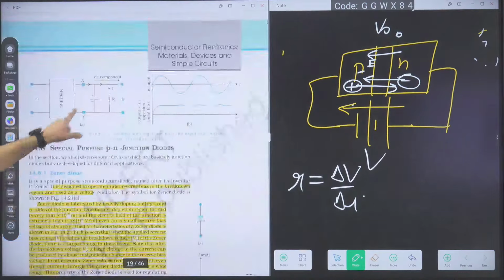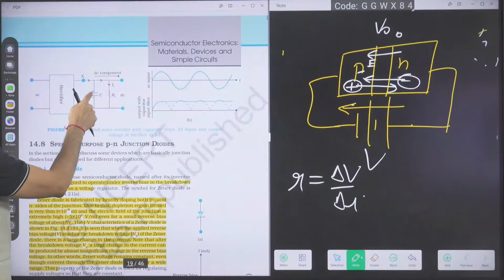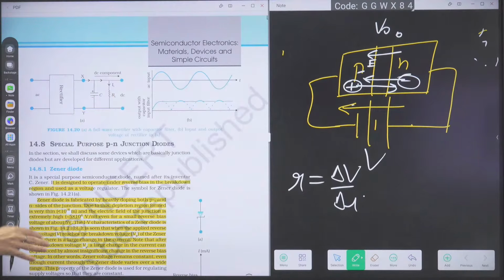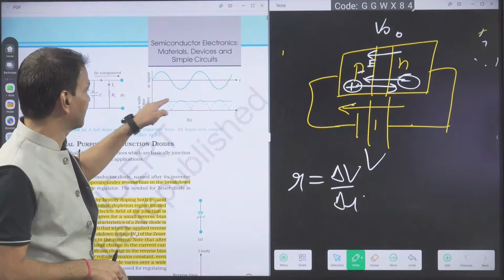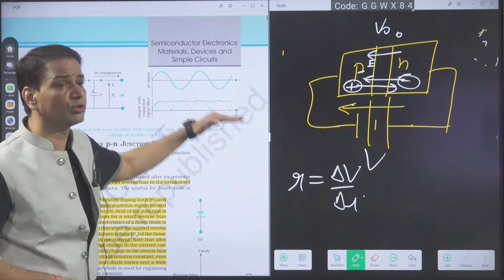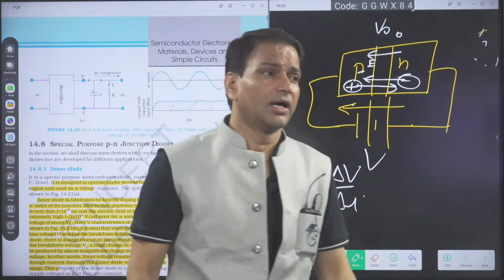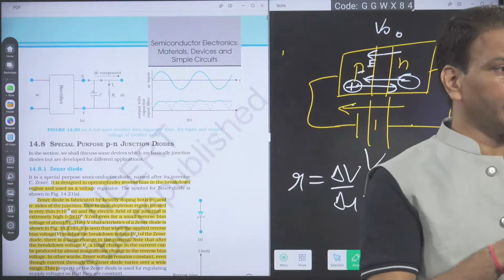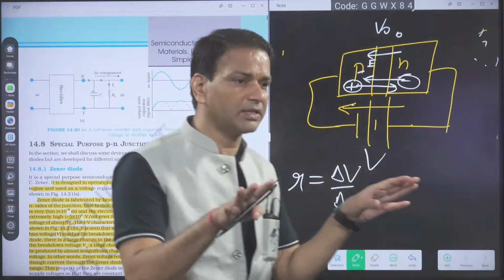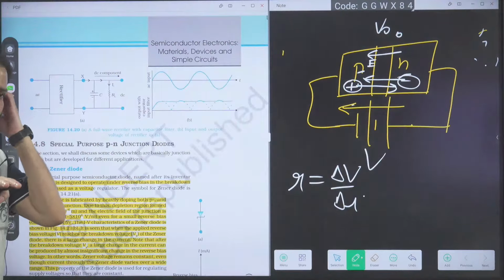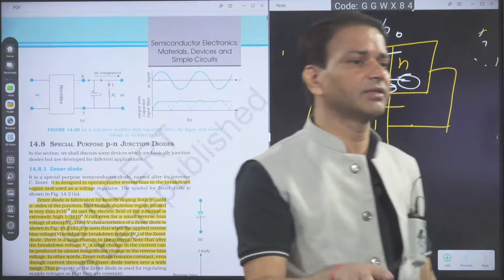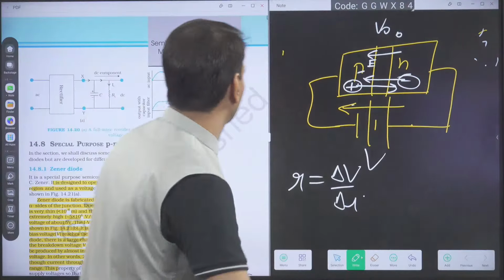Like this, they have given the filter circuit. This is the capacitor we connected in parallel with the load. Then what will happen? The pulses will be removed, and we can get this type of output. So the output is almost constant. Everybody got it or not? So why are we using a filter circuit? To remove the ripples from the circuit. In the filter circuit, we can use either a capacitor connected in parallel with the load, or an inductor connected in series with the load.